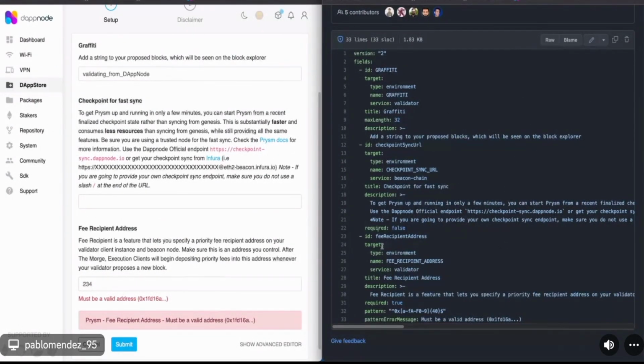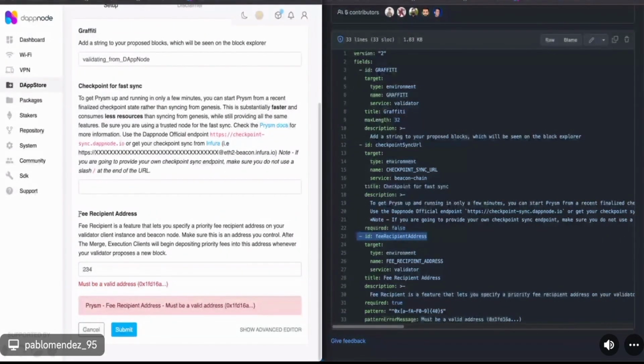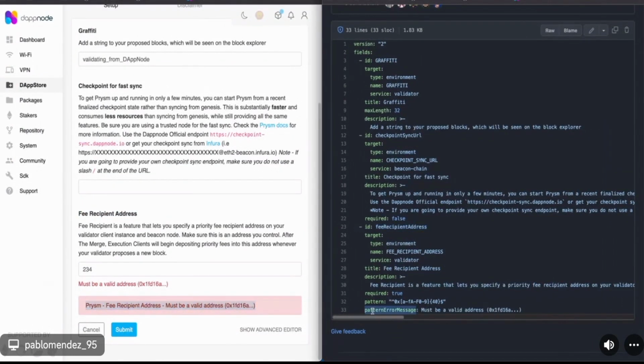So feed recipient address. Here we have the feed recipient address. This is the pattern error message. You see here, must be a valid address. You can also define it to be required or not.